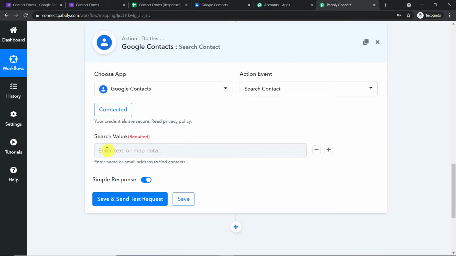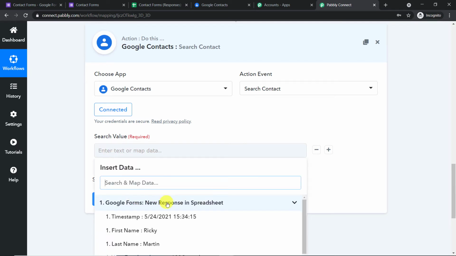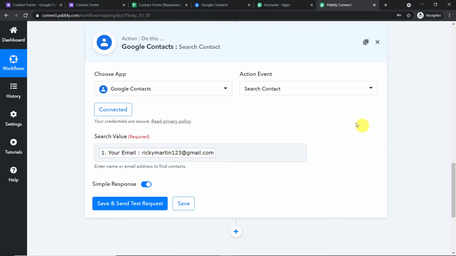So we have a field. It is asking me to enter a value or a variable through which it can search. Now I'm going to put in the email of Ricky Martin. Your obvious question is, we can actually search in terms of first name, last name, or phone number. Yes, obviously you can do that. But the thing about email is that emails are always unique. There is no such thing as two same emails. That is why we are going to use email as our source of search. This is Ricky Martin's email address.